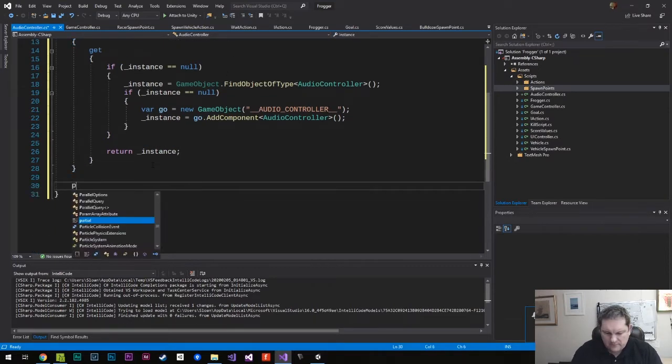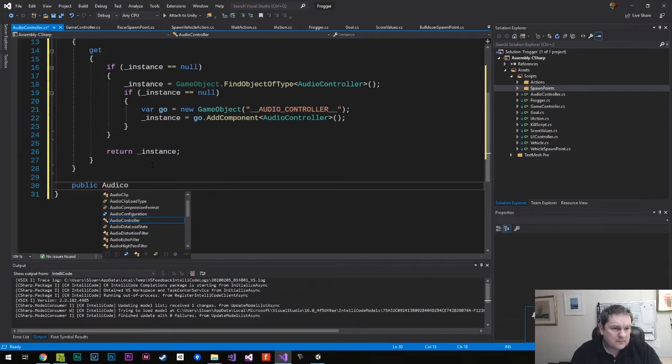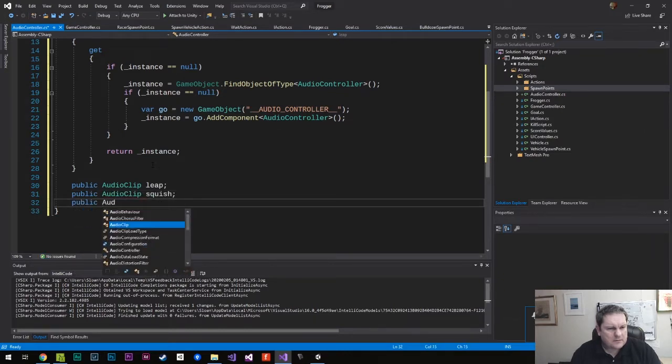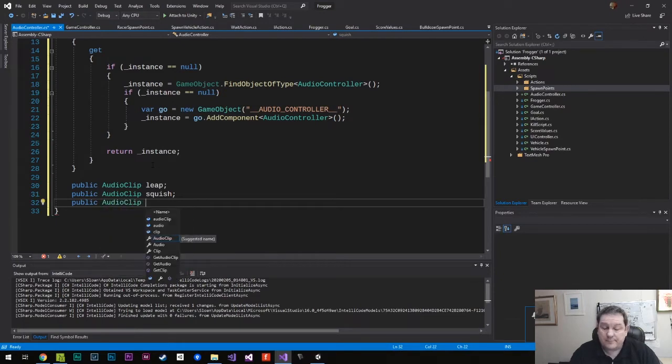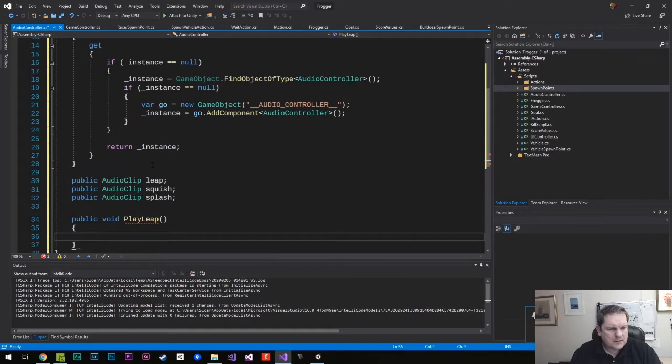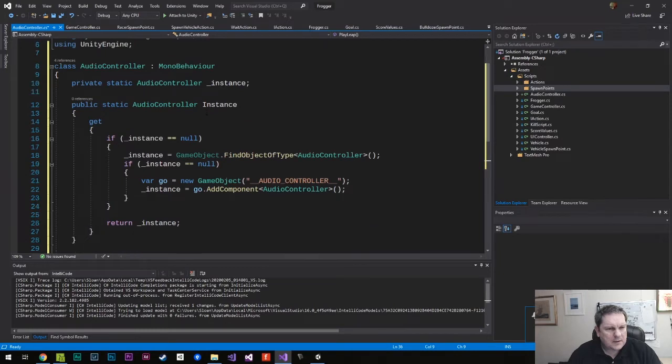And then we're going to have public audio clip leap, public audio clip squish, public audio clip, what is the next one? Splash. Public void play leap, and this is going to have a